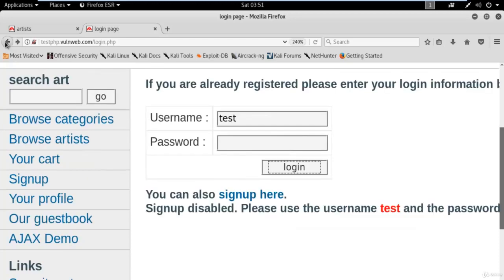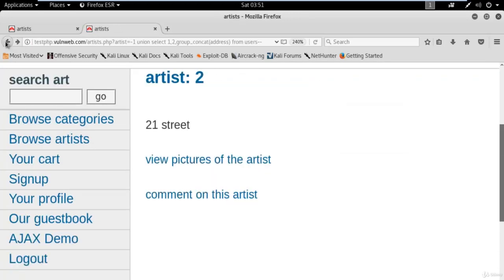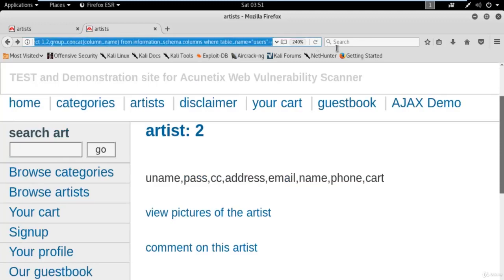That we have used simple commands here, right? And we got the information about it. So these are the commands. These are called SQL injection commands. So we know how you can use a tool to attack a website using SQL injection.